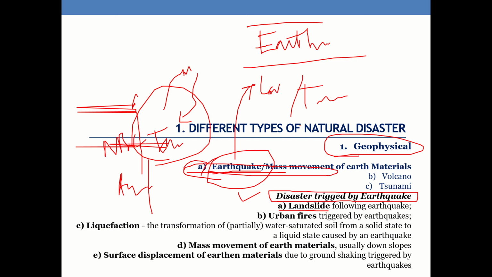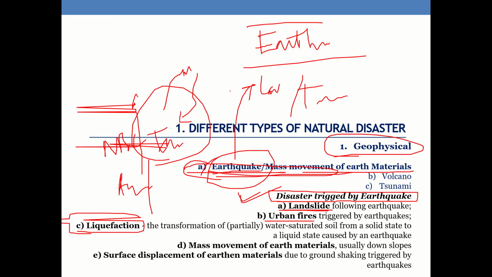That's why it is called a disaster, because it is beyond control. So when we talk about earthquake and mass movement of earth material, in addition to earthquake, the earthquake may trigger landslides. It may trigger urban fires. Okay, liquefaction. This is one of the concepts that you must have studied in your structures,